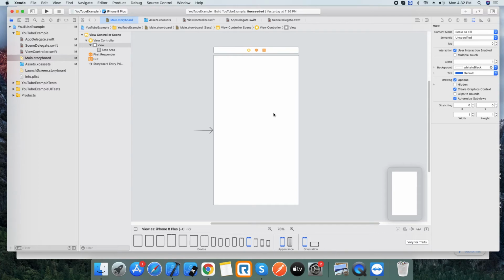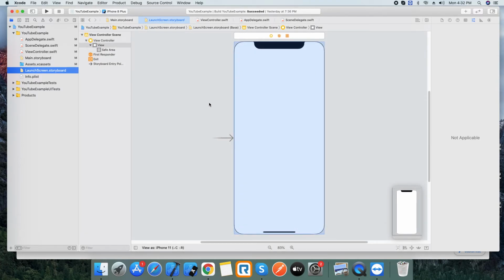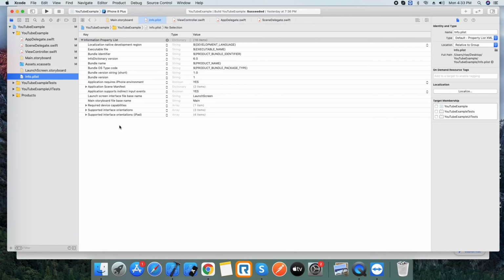As of now, we will discuss another file called LaunchScreen. The launch screen appears when your app starts up, like when you click on the application the first time, it welcomes the user with some message or some icon. This is what the launch screen does. It is similar to the main storyboard, but we have only one scene for the launch screen. In the main storyboard we can add many as per our requirement, but in the launch screen we have only one. That is this. And another one is Info.plist.